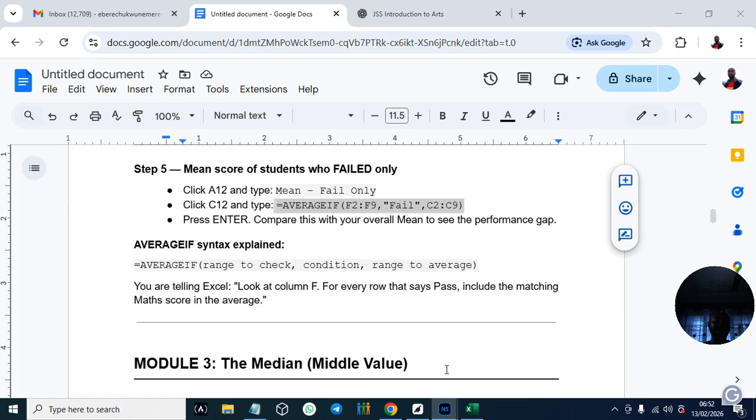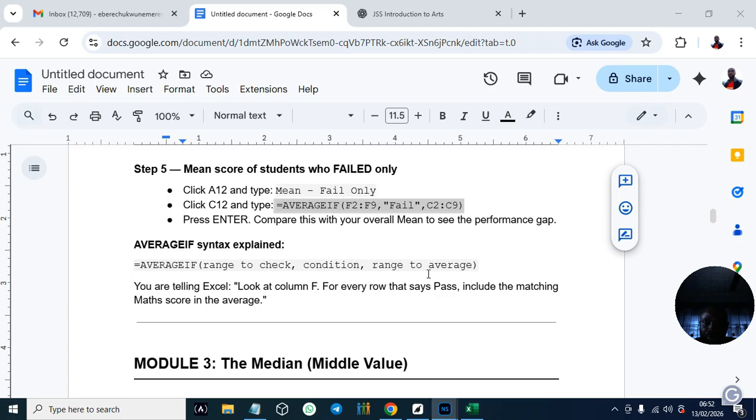Now let's explain the average syntax. So equals AVERAGEIF: you put the range to check where you want to check if it is fail or pass. You put the condition, fail or pass.